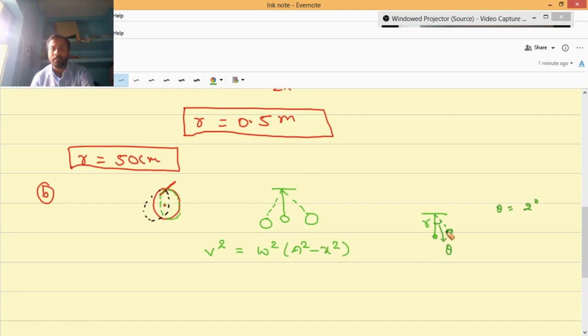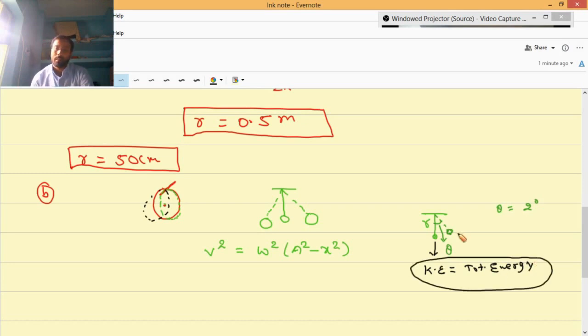For any simple pendulum or any oscillating object, what we have studied is that when the particle is at the mean position, it will have only kinetic energy. For the case when there are no losses present, the kinetic energy will be maximum here, and this kinetic energy will be exactly equal to the total energy of the system. So like this we have understood.